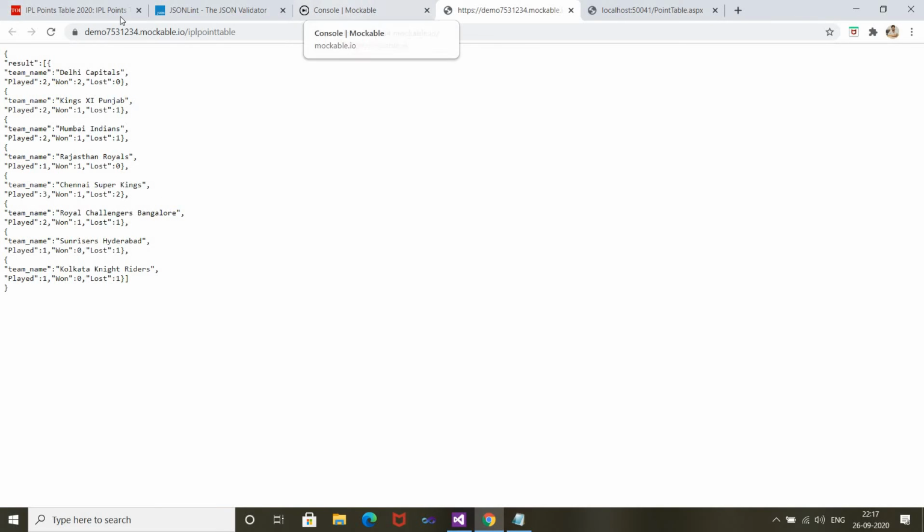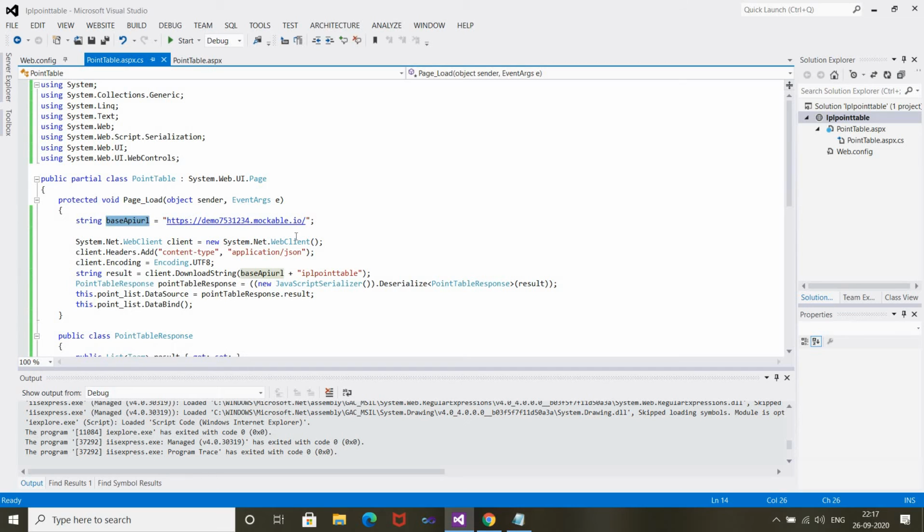Now I have taken a base URL of that particular API. The base URL is demo7531 dot mockable.io. I have given that base URL here, and it is returning my data in the form of JSON. I am calling a GET service.